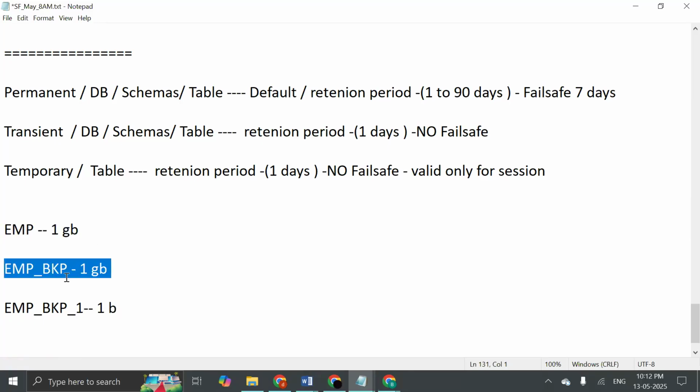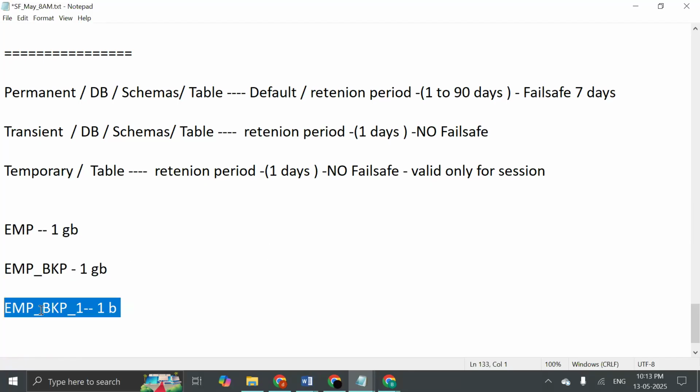One developer has created this backup and is doing some validation. Another developer has taken this backup and is doing other validation. Okay, let's assume this. In this particular situation, let's say